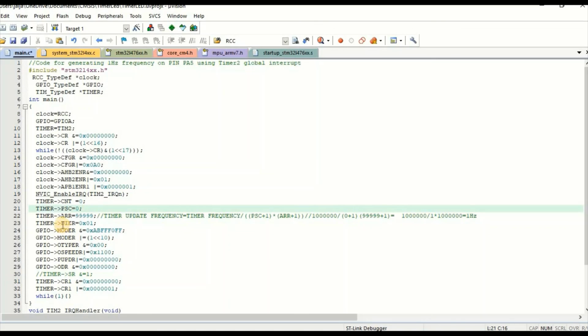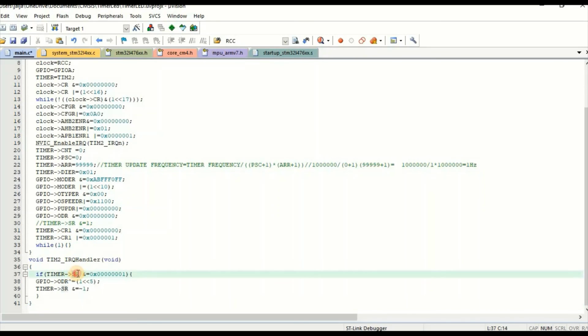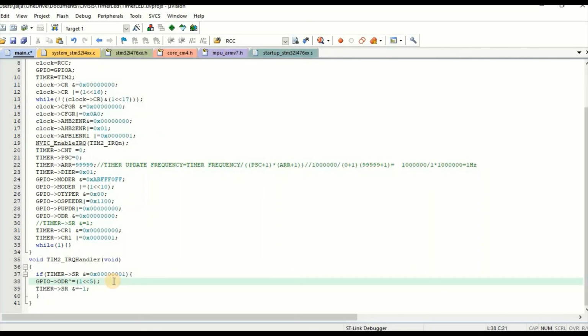Let's go to the other statements. TIM2 DIER equal to 1. The least significant bit of this register is for enabling the timer update interrupt. Whenever the timer overflows, the bit in the other register, the SR register, as we can see here, is set, and we need to clear it with this statement.